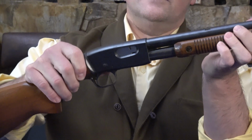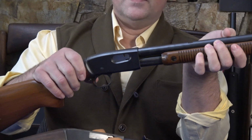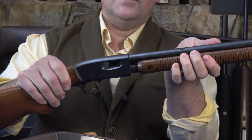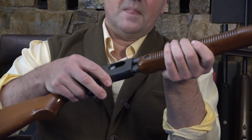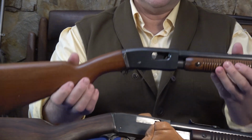So all that does is, right now it's locked. So if I pull the trigger, of course it's empty, but sometimes people don't like doing that. So you just release this and pop out a loaded round. Or if it's an empty chamber, you can always open the gun. And other than that, it has an aluminum butt plate. And there are different variations and versions of this